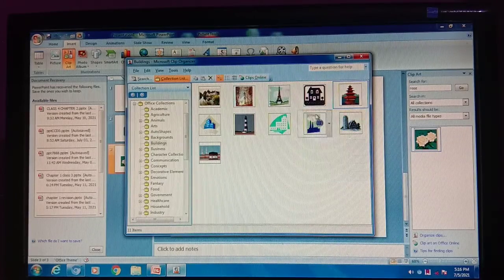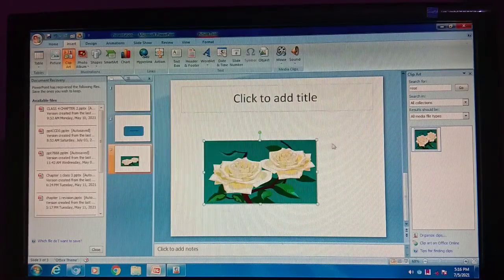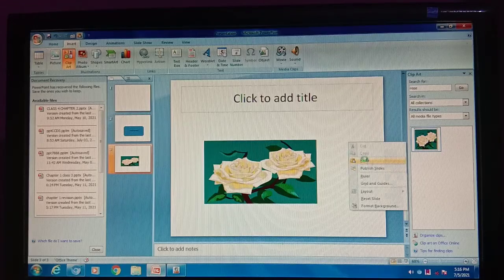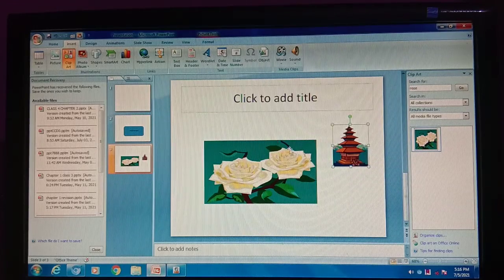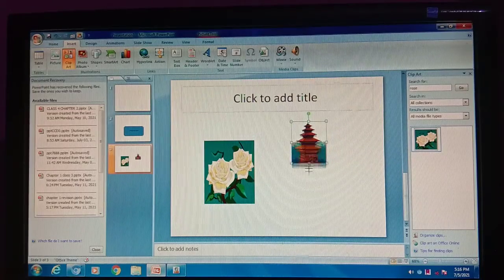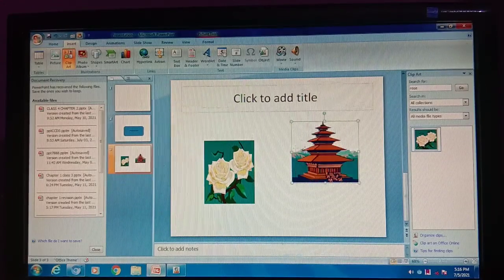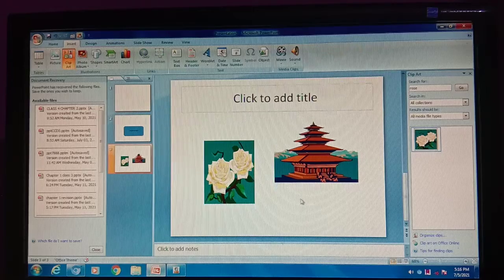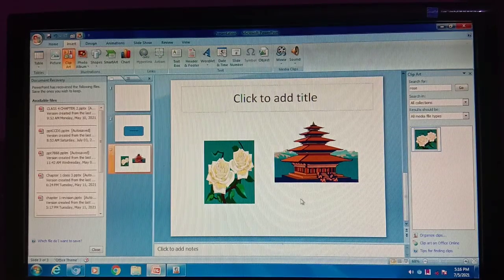Here you have to copy and just paste here. See, a second clip art is also pasted here. So it's very easy to insert a clip art in your slide. So now you know how to insert a clip art in your slides.